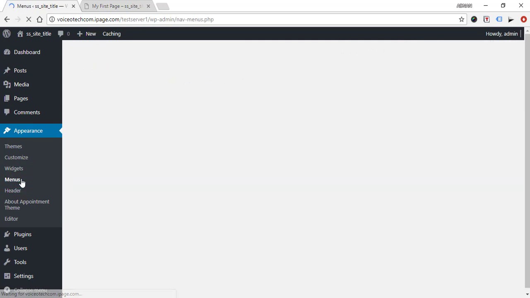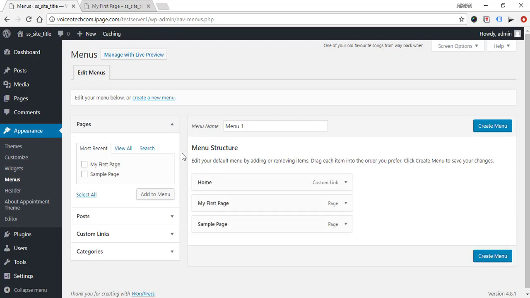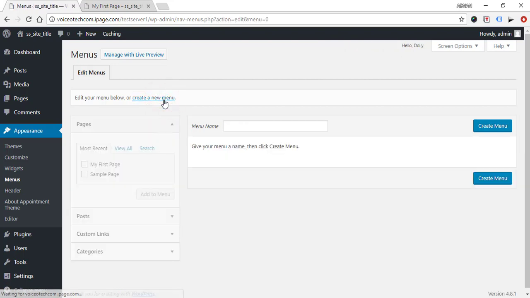Now click on menu. From here you can edit or create a new menu for your top menu bar and for your footer. Click on create new menu. You can name your menu from here. Once done,